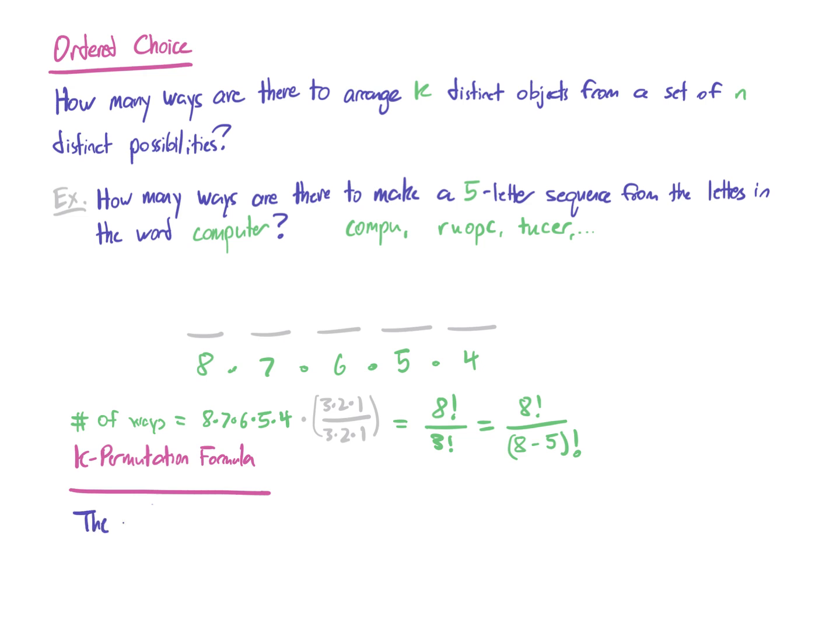So the k-permutation formula says that the number of ways to arrange k distinct objects from a set of n distinct possibilities is